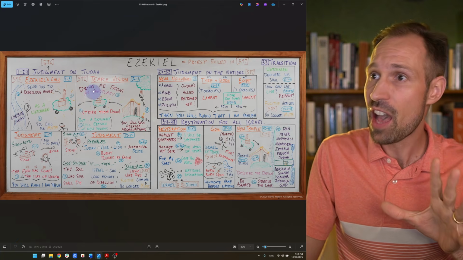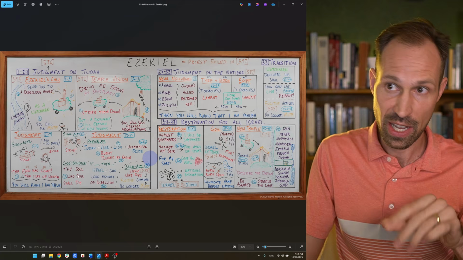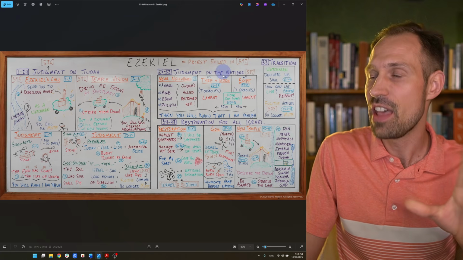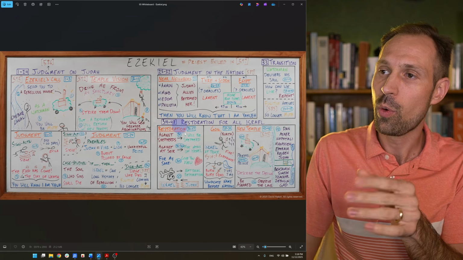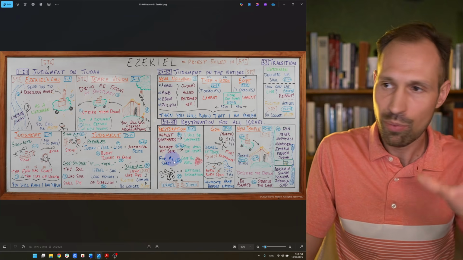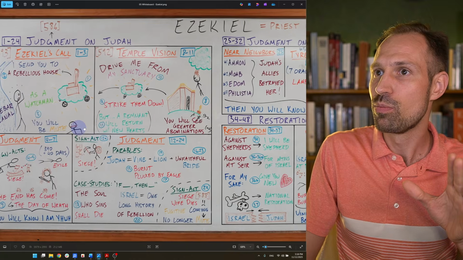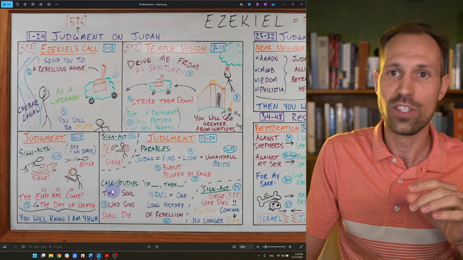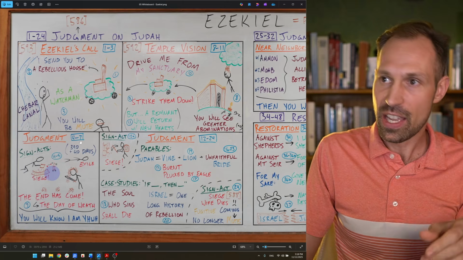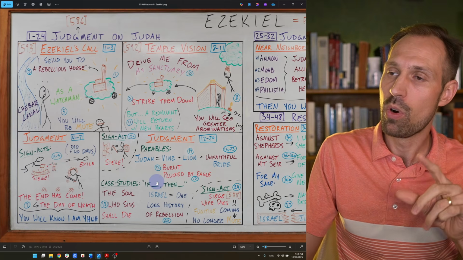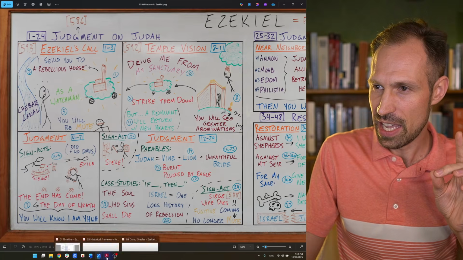So the first half of Ezekiel, from chapter 1 all the way to 32, is judgment. First against Judah, and then judgment against the nations. But chapters 34 to 48 are going to record prophecies and promises of future restoration. Now, Ezekiel's judgment against Judah is going to alternate between a vision and judgment, and then another vision and more judgment. Now, this is where our timeline comes in.